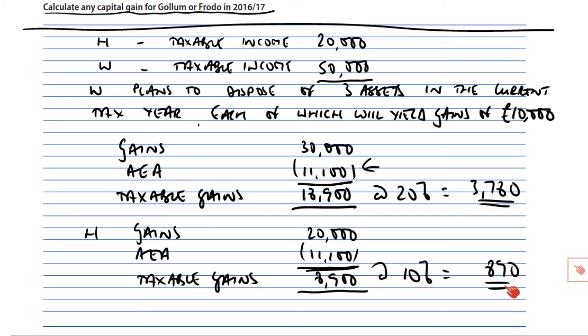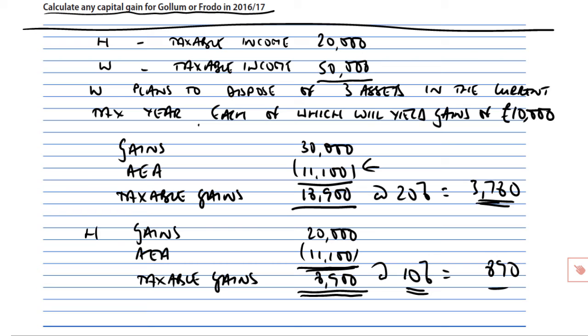so it is him that generates the gain instead of her. By him generating 2 of the gains, £20,000, majority of the gain is again covered by AEA, and leaving the balance of £8,090 within his remaining basic rate band limit, and therefore as an other asset, it's taxed at 10%. Look at that saving. 3,780 is down to 890, a saving of nearly £3,000